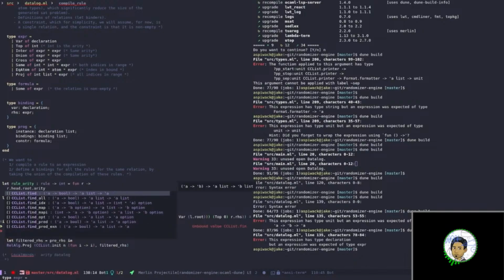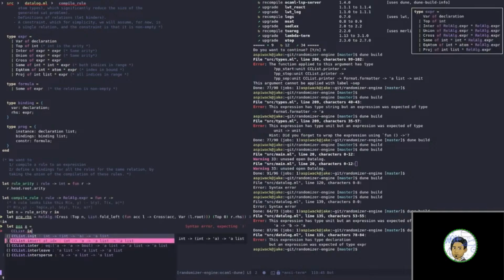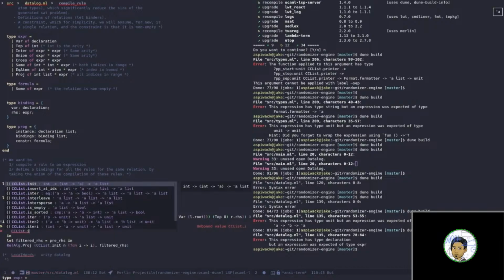CCList.find maybe. Right. No, that doesn't give me the index. Maybe there's index. Indices, mappy. There's things like index of. How do I navigate through my, not like this? I don't actually know how I navigate through them. With this, let me just